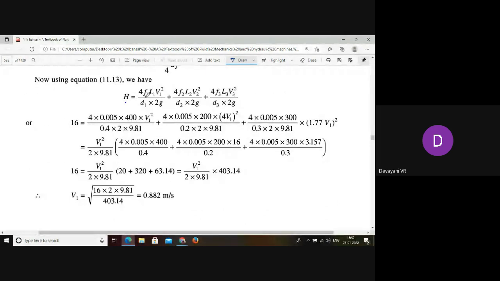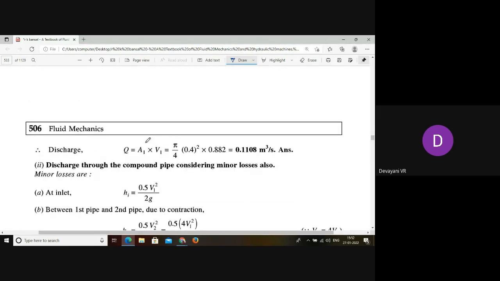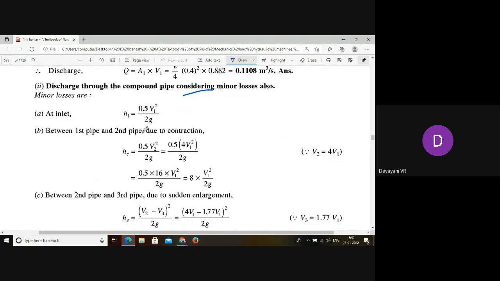the formula will be HF1 plus HF2 plus HF3. So substituting the value we can get V1. Now we can calculate the discharge A1 V1, and then by considering the minor losses